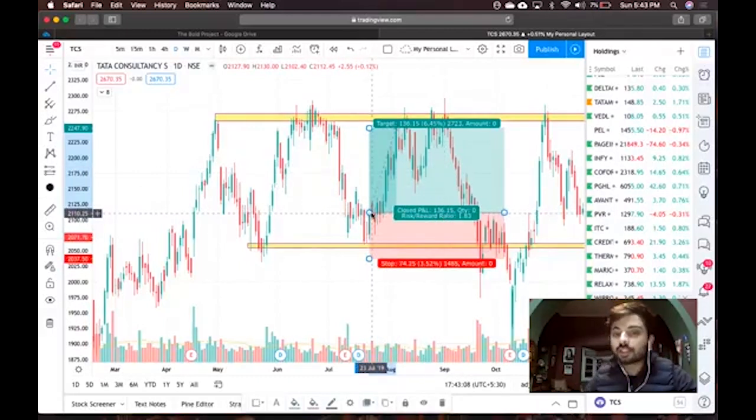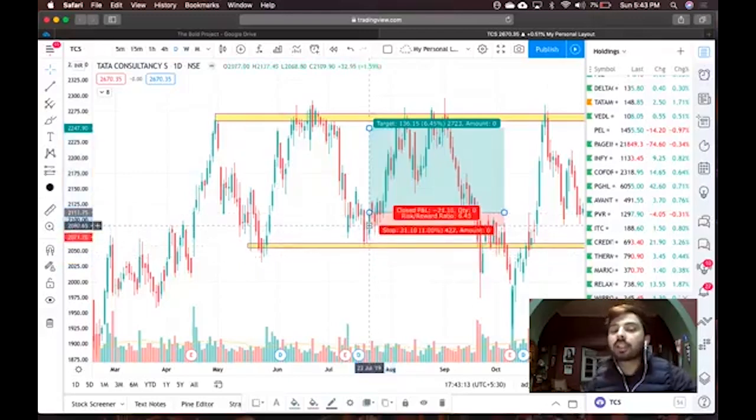Now the question is, what should be the stop loss? Should the stop loss be very small over here? Does not make sense. You will get stopped out. What should be the stop loss? Think about it. This is the support. You are getting a doji over here, so you should bounce here.